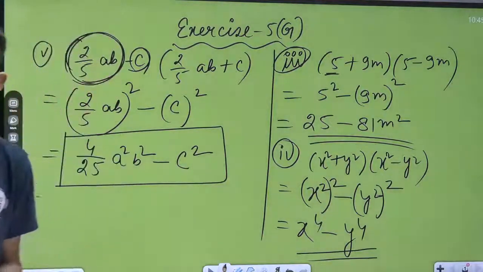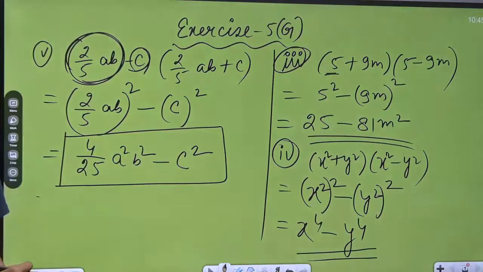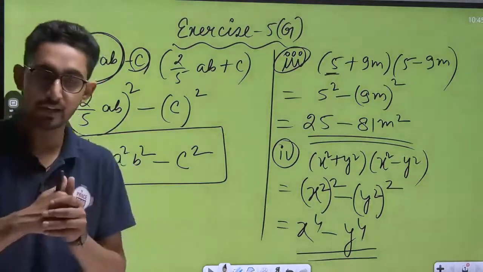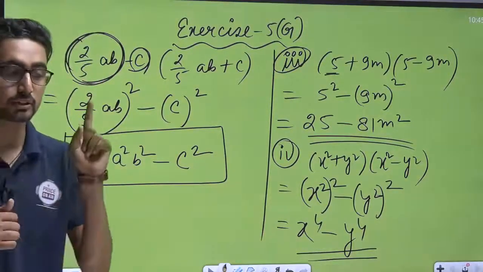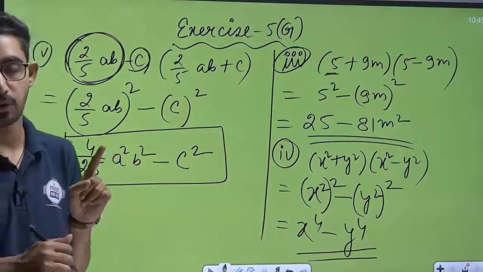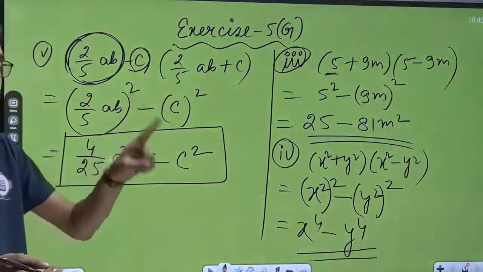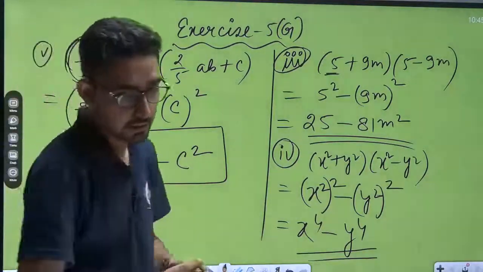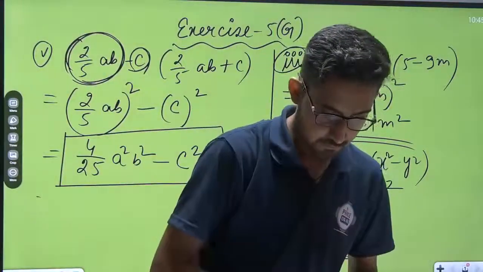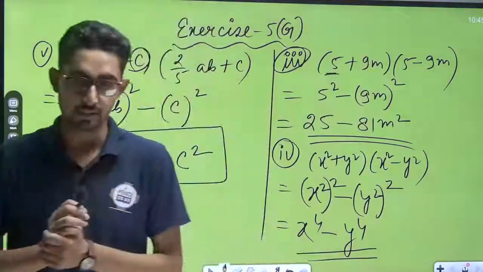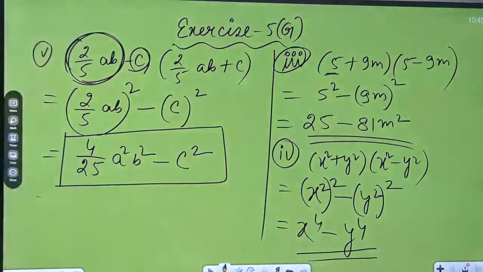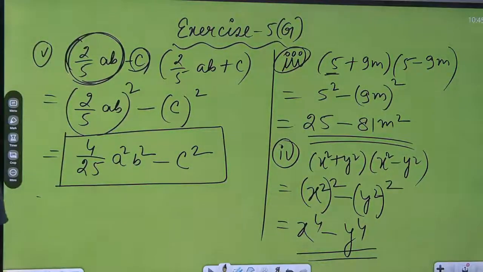Now minus C square. So the answer will be 4 upon 25 A square B square minus C square, and that is your 100% correct answer. Okay. All of you understood this question? I hope no issue is there. So this question number first, I hope all of you understood. And the remaining questions of this type, like question number 6 part, you have to solve yourself only. Okay, no issue. Very good. Now we'll move to the next question. Let's see.